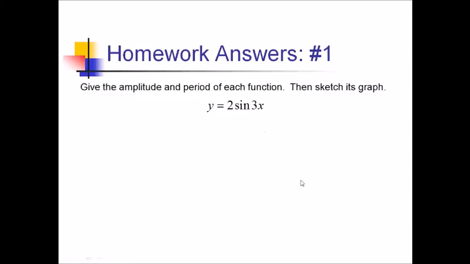For number one, we want amplitude, period, and a sketch of this sine curve. So for amplitude, that's just this 2 out in front. The period is going to be 2 pi over this b value of 3, so 2 pi over 3. Graphing this out now, we're going to put our amplitude on there. So we're going up and down 2. And for our period, we've got our 4 hash marks. We're going to put this 2 pi over 3 at the end of the fourth because we're splitting our wave